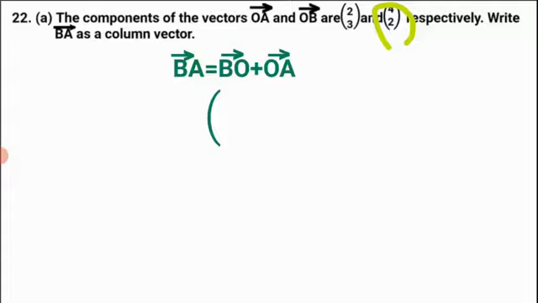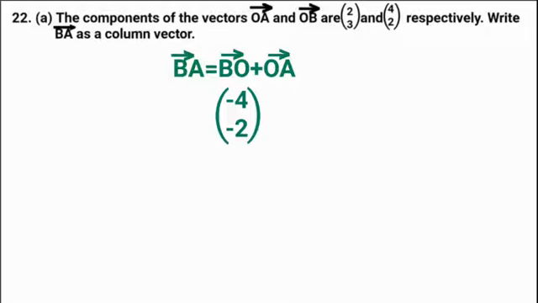Now that is OB. OB is written in this expression as BO. That means 4, 2 will change their signs and become negative 4, negative 2, close bracket, then plus